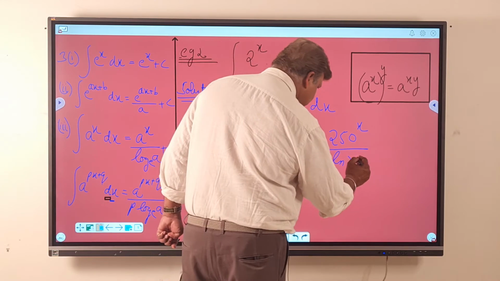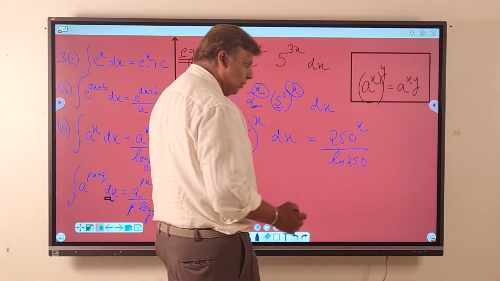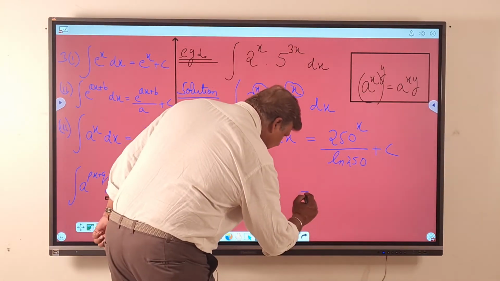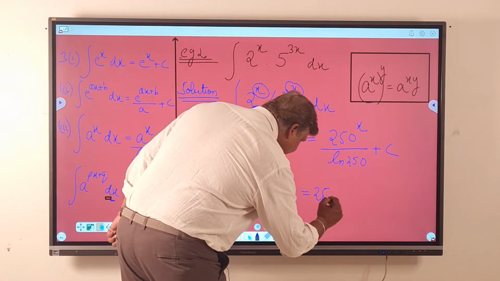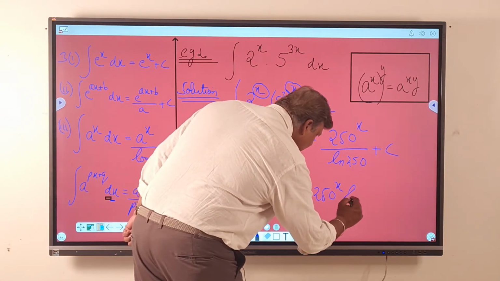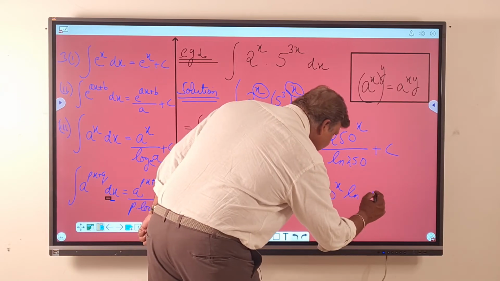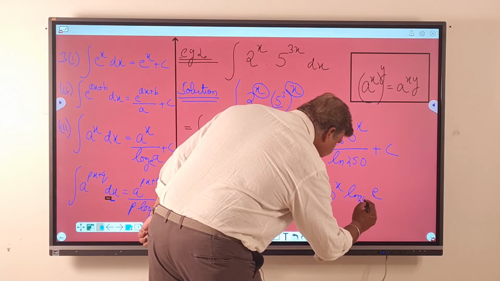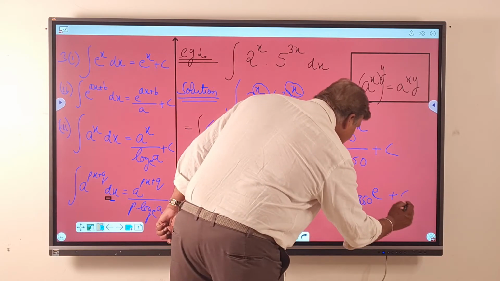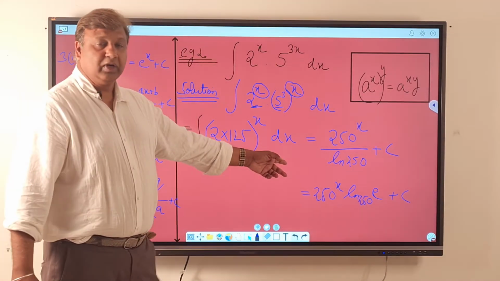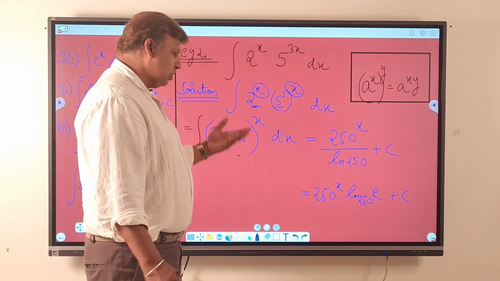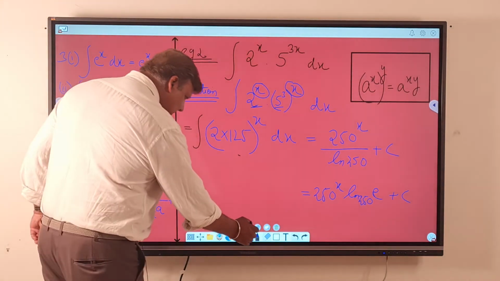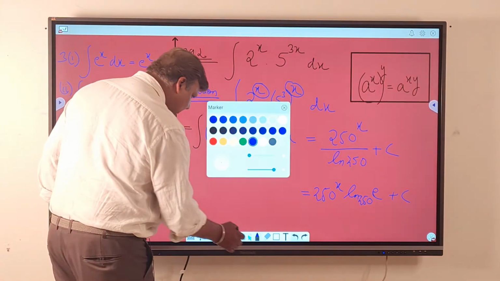Now, there can be a slight change in the formula, change in the answer which you get. You can write this also as 250 raised to power x ln of e, to the base 250. I mean, base changing rule is what I have used. Aha, what is base changing rule? So the base changing rule goes like this. I'll just tell you